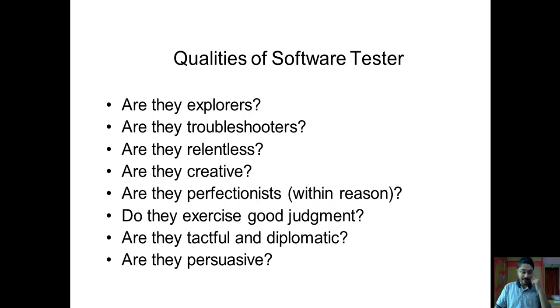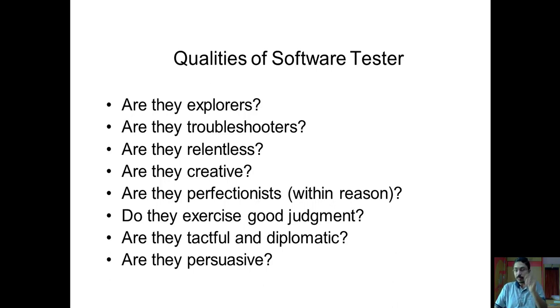Like if I am developing software for a calculator. Perfectionist in the sense, everything should work in its precise manner. If I am working with floating point calculations, I shouldn't say that after 2 or 3 digits after the floating point is okay, enough accuracy. But you should be perfectionist, but within reason again.